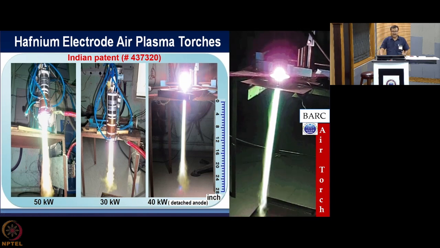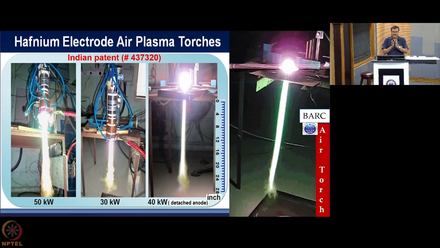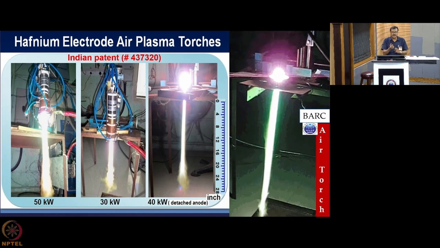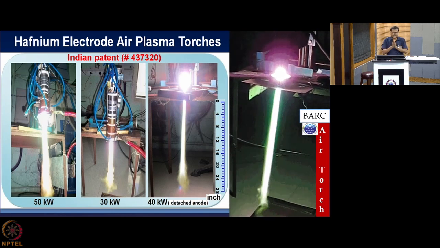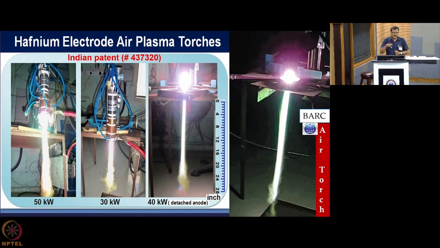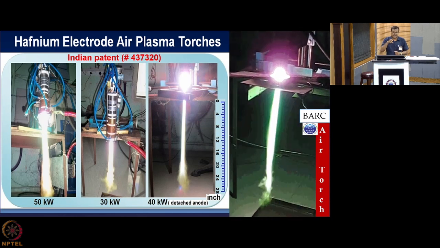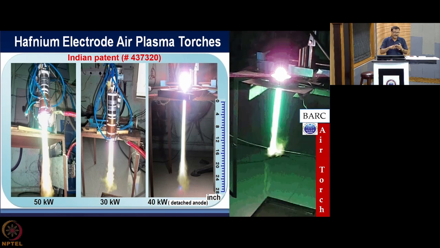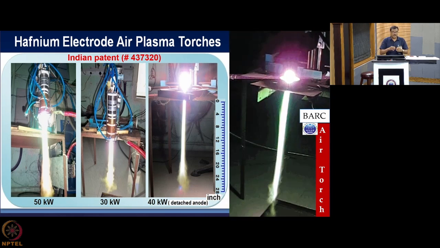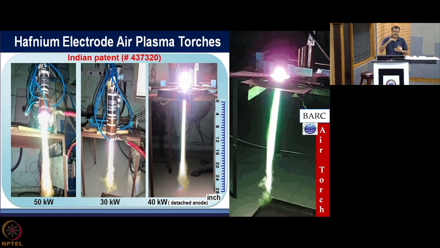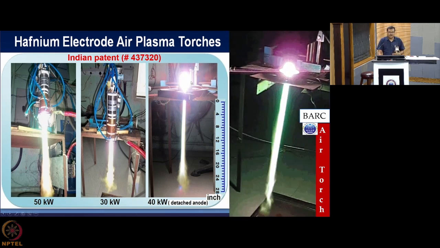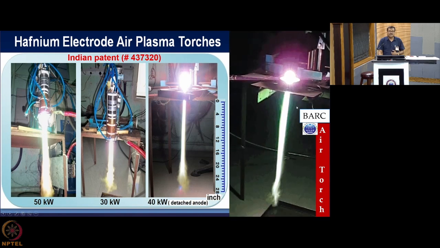And as I have told you, the whole arc is contained within a channel which may have not more than 15 mm of diameter. So within the short channel, you are maneuvering your arc. And whenever an arc is passing through, it is generating a magnetic field, and that magnetic field interacts with the current, the J cross B body force. That actually pushes a thrust which may cause the plasma plume to come out like a sword, as you are